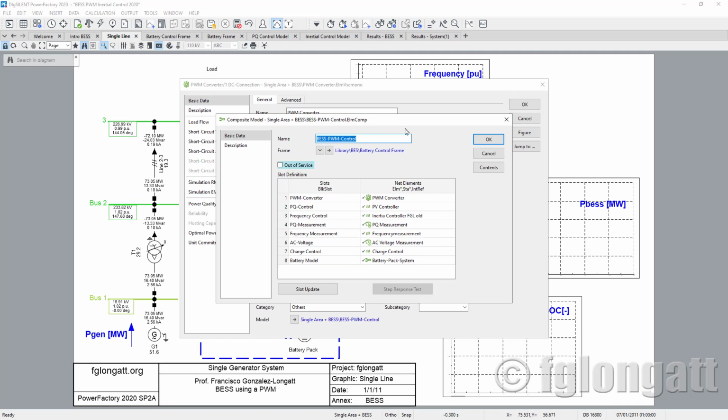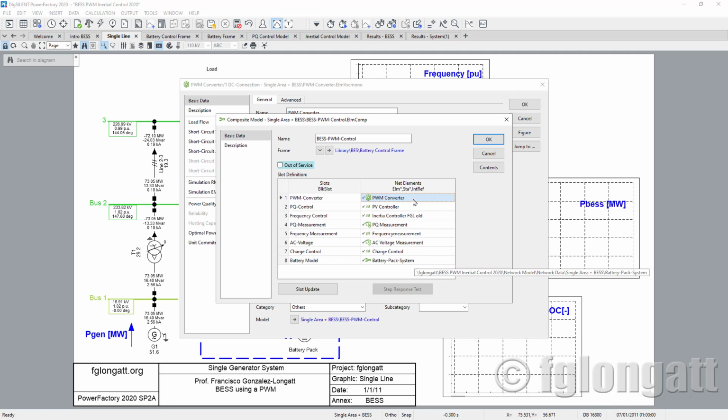As you can see, this is basically an element composite, and this is coming from a frame that we will discuss in a few minutes. But what I need you to understand is that the network element is the PWM converter,